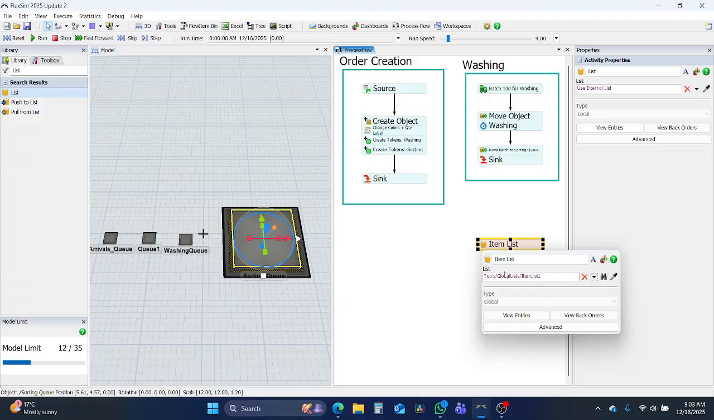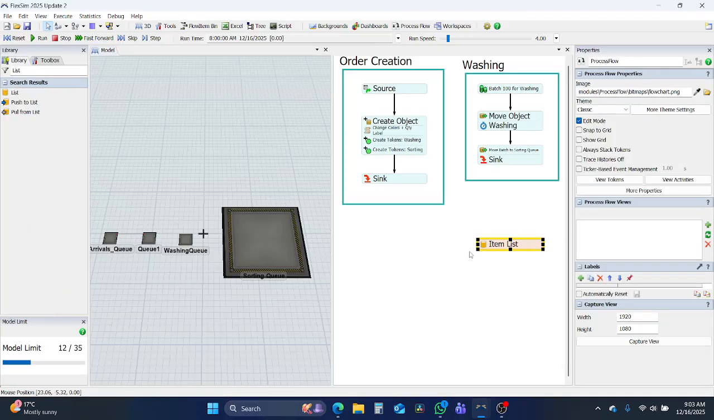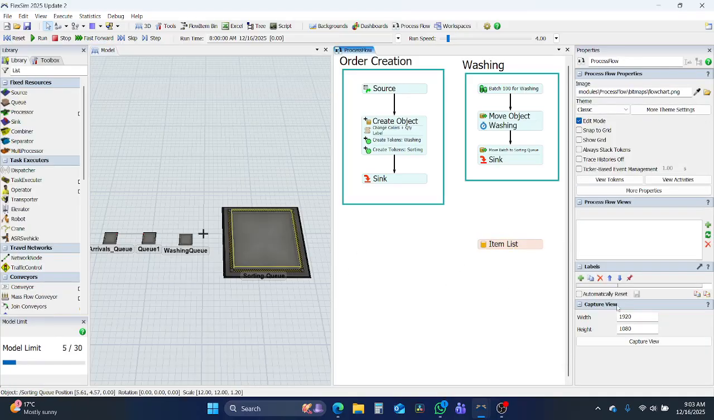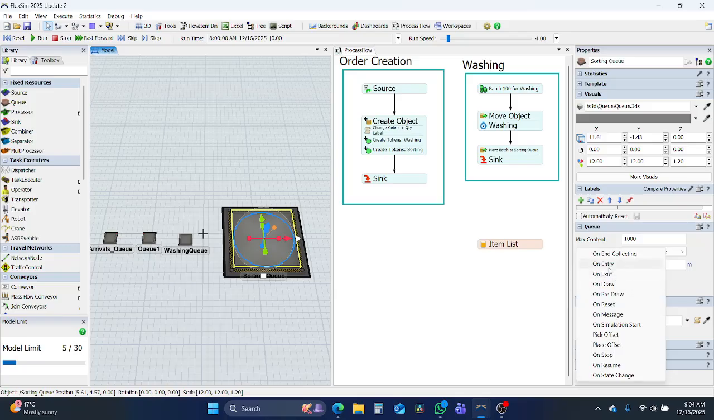Okay, so item list. Now we want the items to be pushed into here, the boxes. So whenever the boxes are going to enter this queue, I want to populate this item list. So now, on entry,